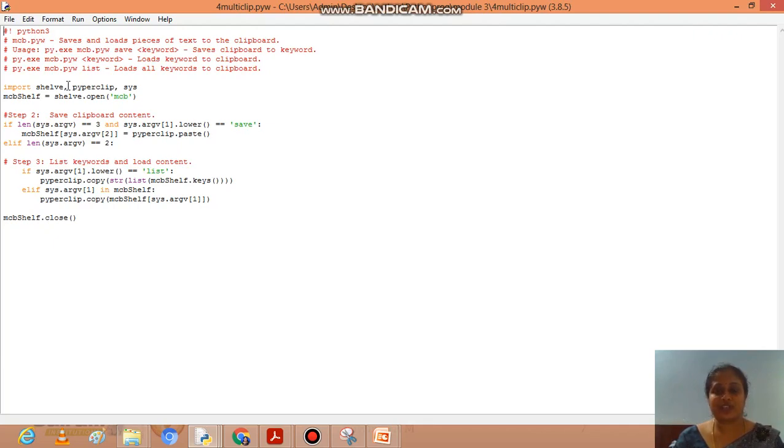The data for shelf will be stored in the hard disk, so that we can execute the multiple clipboard for the forms you have generated.